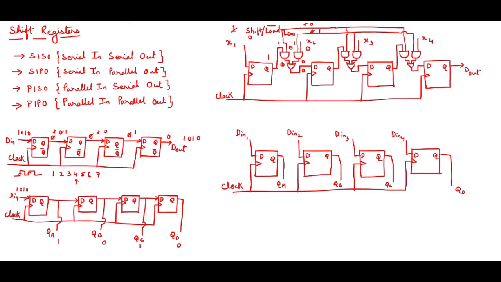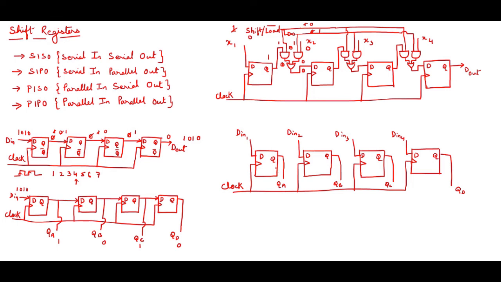What I explained for over here, the same thing applies for this and this. Parallelly, I just explained for x2, x3 and x4 will be having some certain data. Let's say the data is 1 0 1 0, and then I'm giving 0 over here. So 1 0 1 0 will load into these registers. But let's say I'm giving 1 over here and it is having output as 1 1 1 1. The moment I give shift equals 1 and I give 4 clock pulses, the data will serially come out over here as 1 1 1 1. So it's called parallel in serial out.